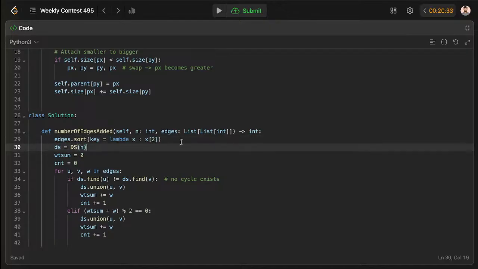So will it sort? Nice. So after adding this line,